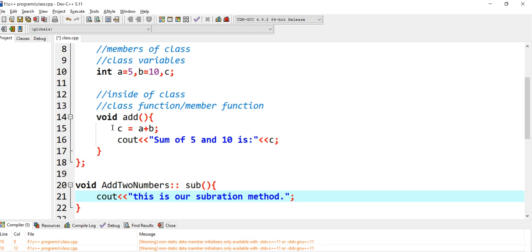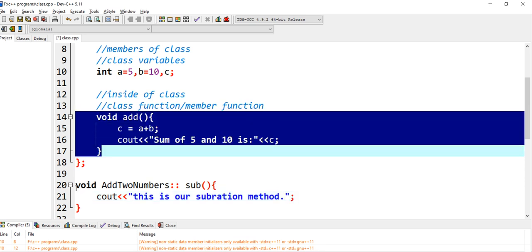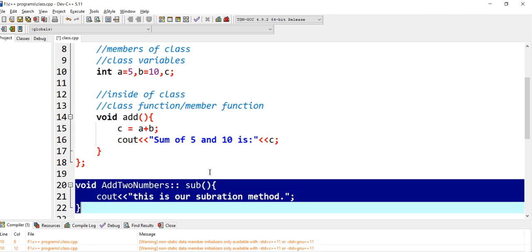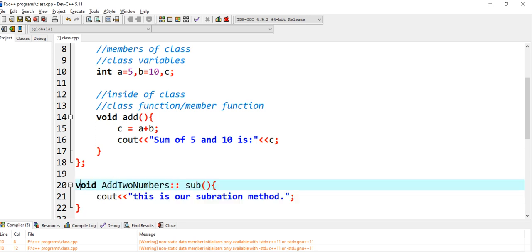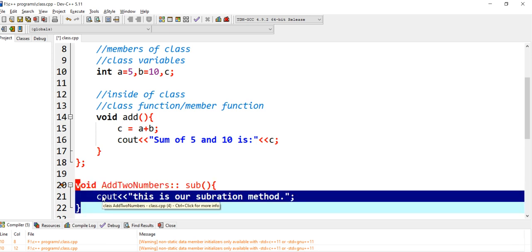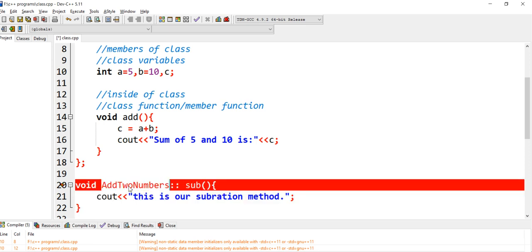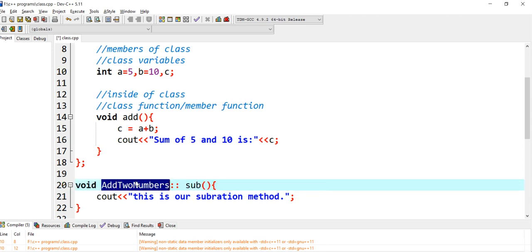so I can declare the function inside a class or outside a class. But if I need to declare the function outside the class, then I need to have something so that it can be easily understood that this subtraction method belongs to this class.